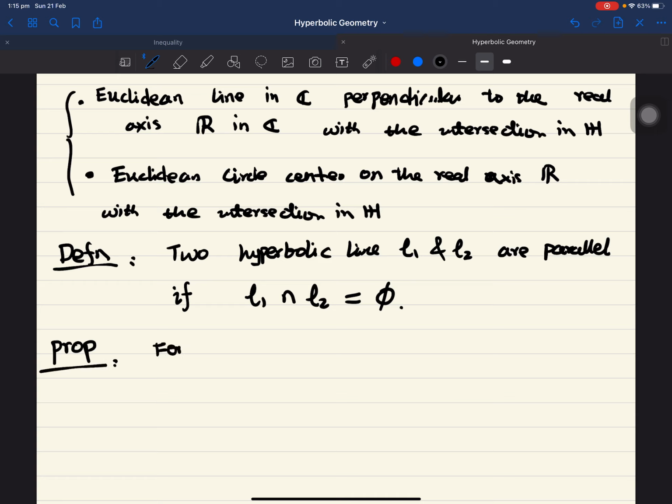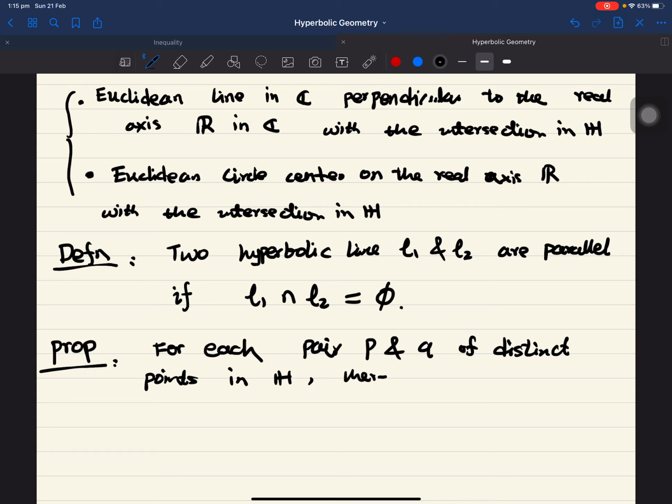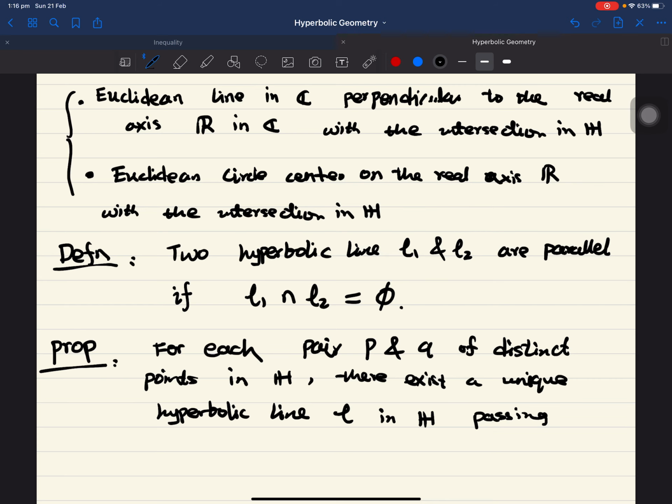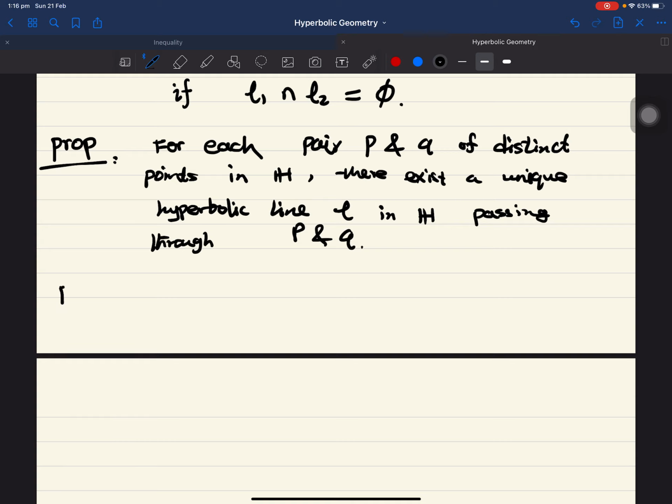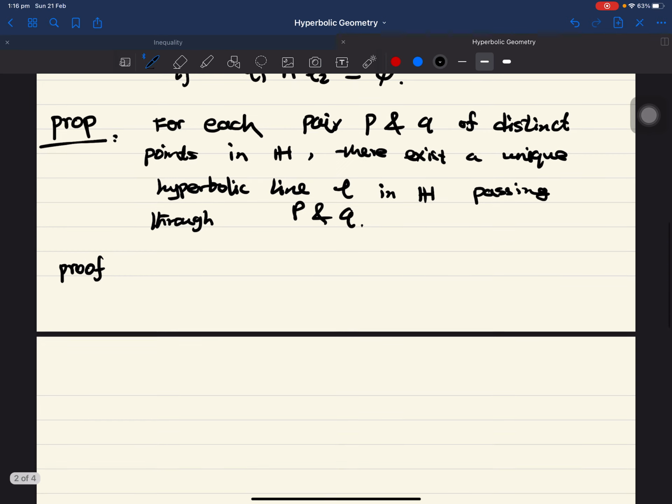So next we're going to cover a proposition: for each pair P and Q of distinct points in the hyperbolic plane H, there exists a unique hyperbolic line L in H passing through P and Q. So we will do that in two cases. The first case is